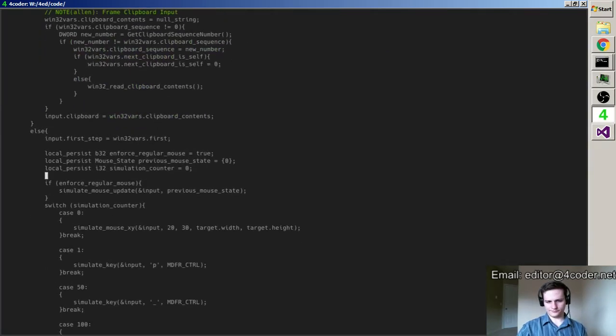But all you'd have to do is have a call that's like enforce and unenforce, and if you switch to enforce, you basically just say, okay, at the end of this step, I'm going to clear the mouse to 0, and then from then on, it will be correctly enforced.